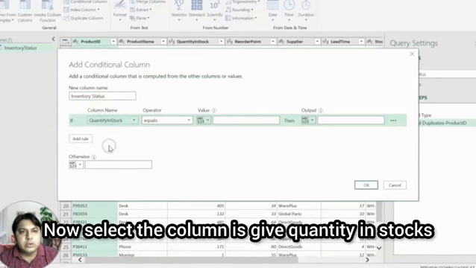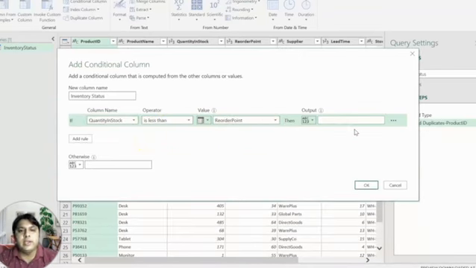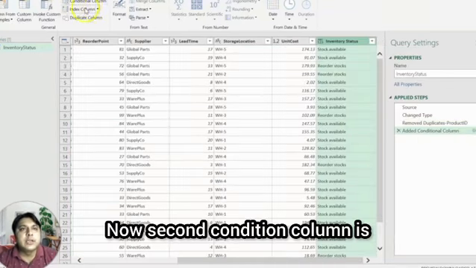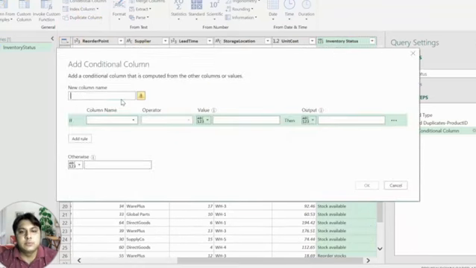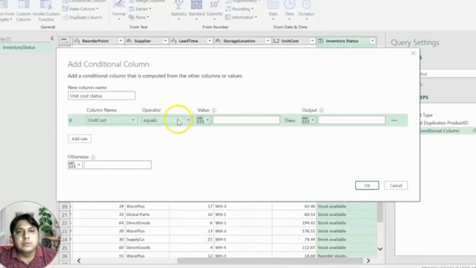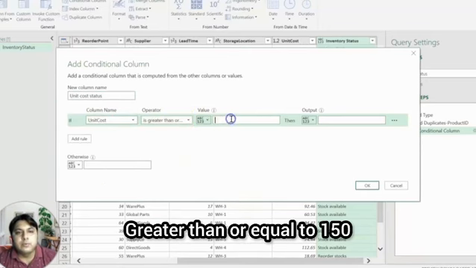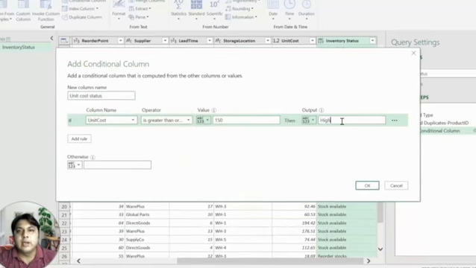If quantity in stock is less than reorder point, then the result is reorder stocks, otherwise stock available. The second conditional column is unit cost status. If unit cost is greater than or equal to 150, then the result is high value, otherwise normal value.